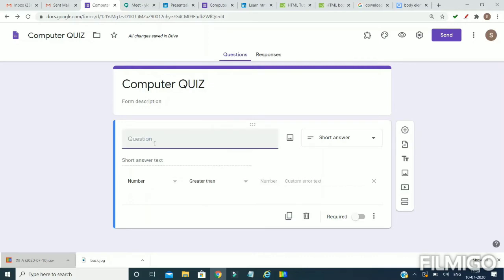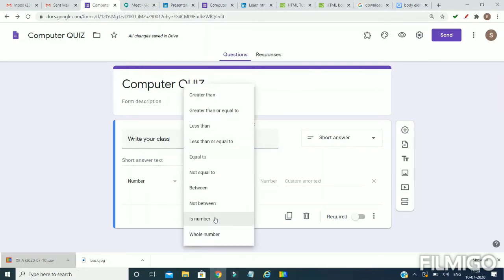Suppose I want the student to write their class, and I want the class to be in number only. Sometimes students write in Roman numerals or in words, but I want the class to be written in number only. So what can I do? I can take the option is number.